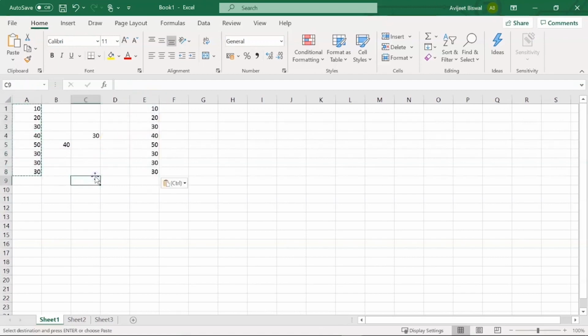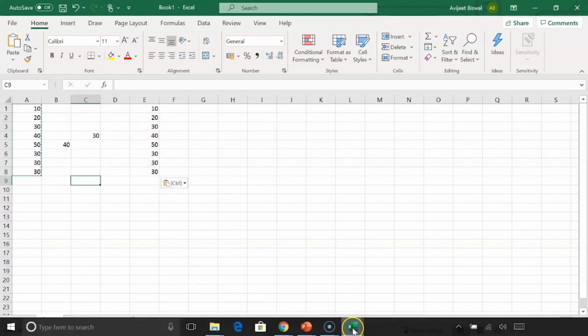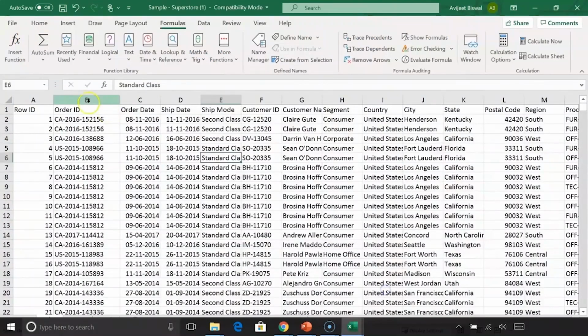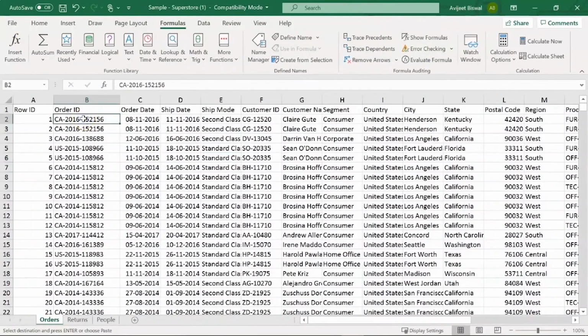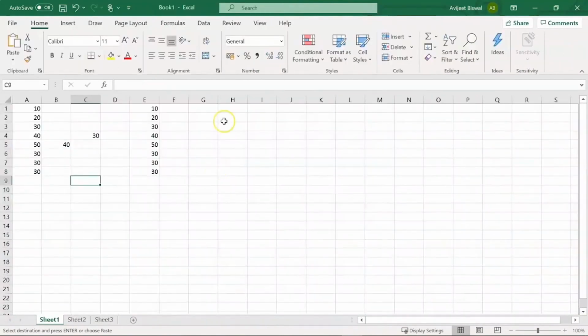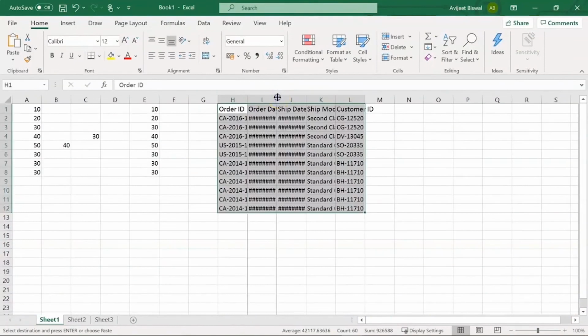Similarly, you can also copy paste different cells from other worksheets. So I have come to my sample superstore workbook, and let me select a few cells, and I can copy it by hitting Ctrl C. I'll move back and I can paste it by Ctrl V.